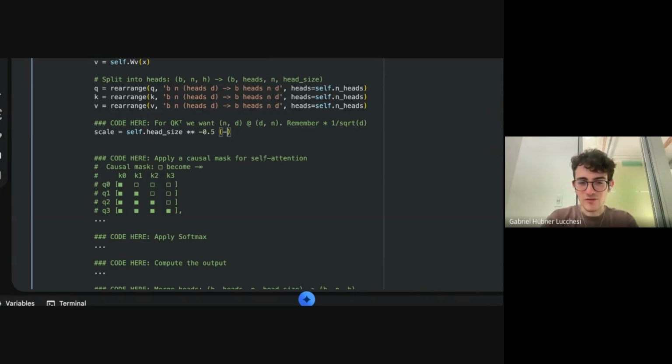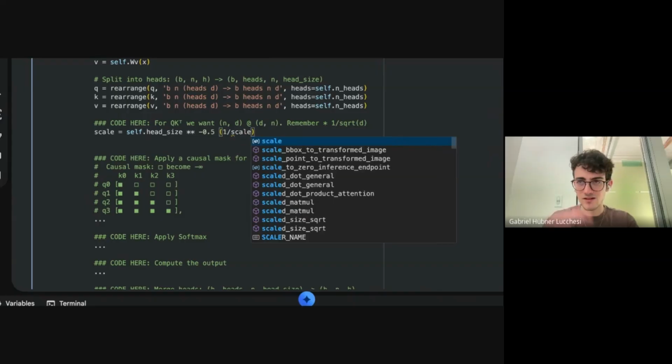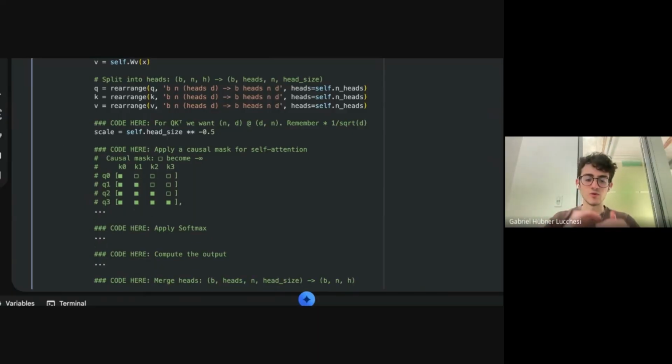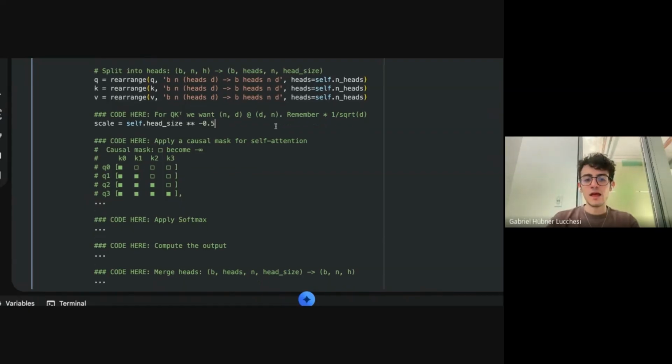You guys probably know this: if the exponent is negative, it becomes a ratio, and if it's 0.5, it means a square root. So this is what we're multiplying by. I just set the scale to be head size to the negative 0.5, and it's going to understand that it's multiplying by the inverse of the square root. And then, okay.